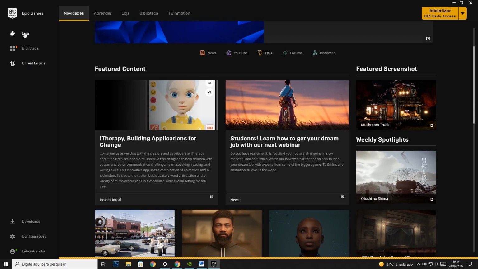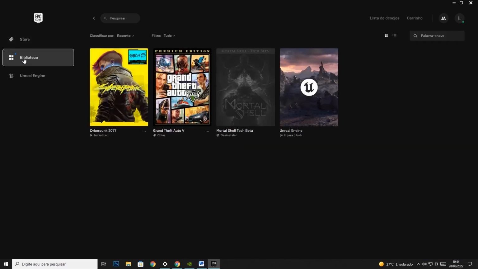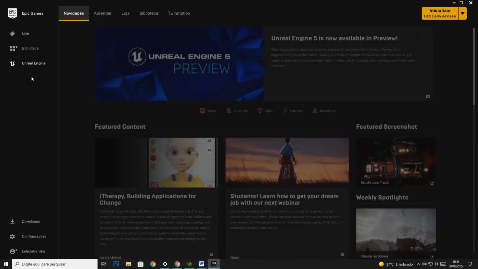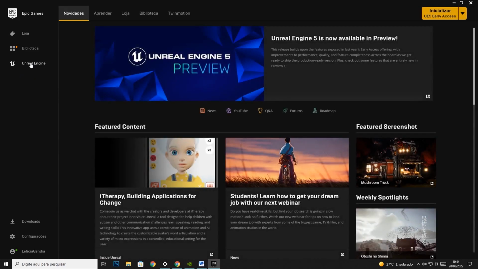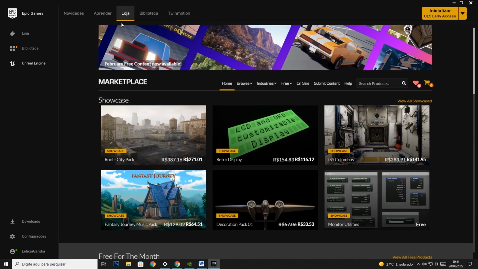We have the store where you can buy games, software, the marketplace of Unreal Engine where you can buy products. In my case, I have this other one, the Unreal Engine, that is where the things about Unreal Engine will be. So if I want to access things about Unreal Engine, I go here, Unreal Engine, and inside this I can see the news, learn, store, that is the marketplace of Unreal, assets, products, news,